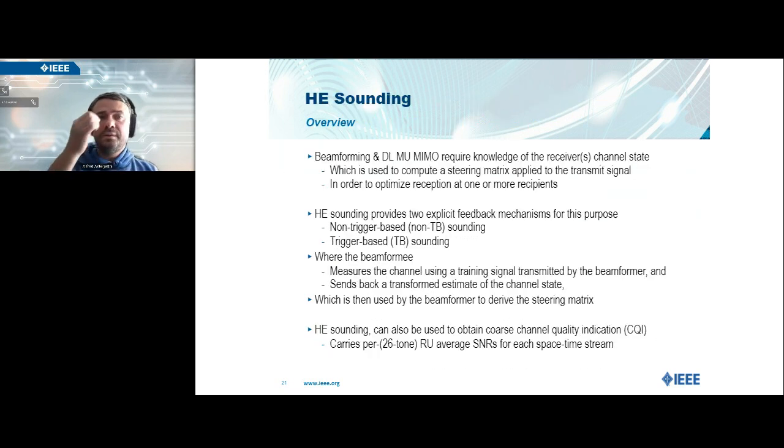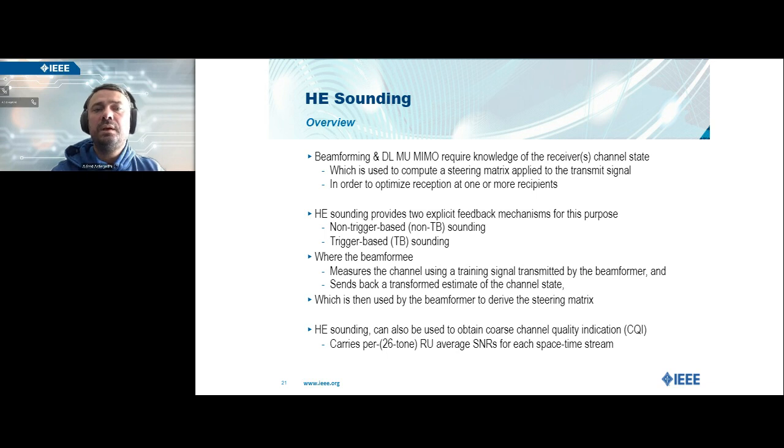So from a downlink multi-user perspective, especially for downlink MU MIMO, we rely on sounding. Downlink MU MIMO, and of course SU, because of beamforming, they require the knowledge of the receiver's channel state, so that the beamformer can use the received feedback to compute a steering matrix that is going to be applied to the PPDU itself, so that it can optimize and increase the likelihood of reception at the